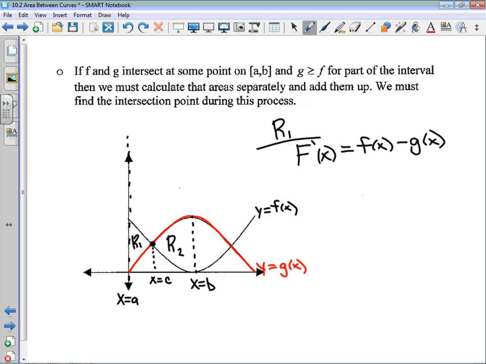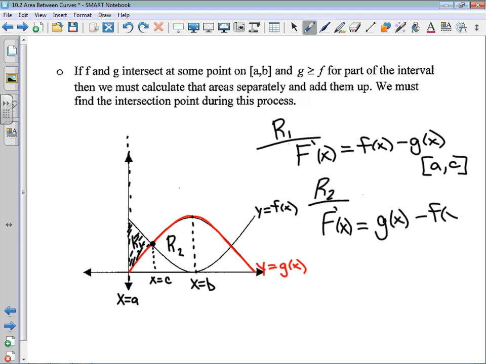And then, to make sure we understand exactly where we would use that, I'm going to put the bound down here, and it's going to be from a to c. So this region 1 that I'm doing a little cross-hatching there, the function f is above function g, so we subtract function g from function f. If we look at region 2, and I'm going to label it as F prime of x again, because that's fine. In region 2, we would have to do g of x minus f of x, because g of x is on top, and that would be done from c to b,